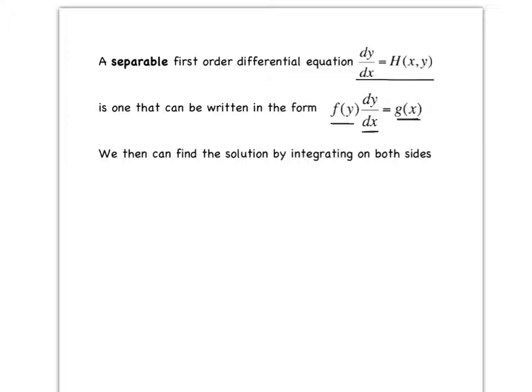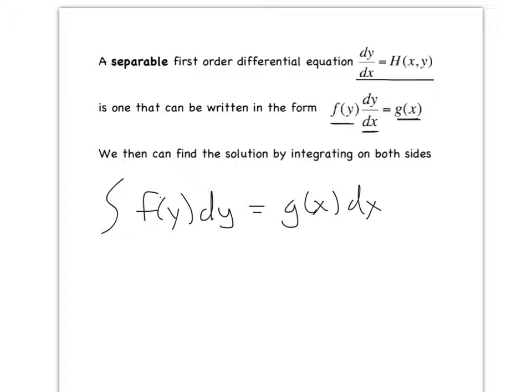So what we end up with is f of y dy equals g of x dx. We're going to integrate the left side with respect to y and the right side with respect to x. And when we integrate those, we end up with some new function of y, technically plus c, equals some new function of x,